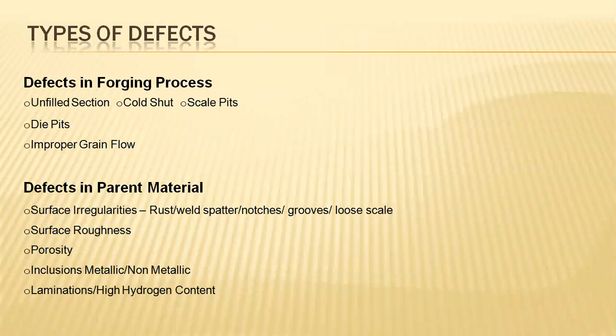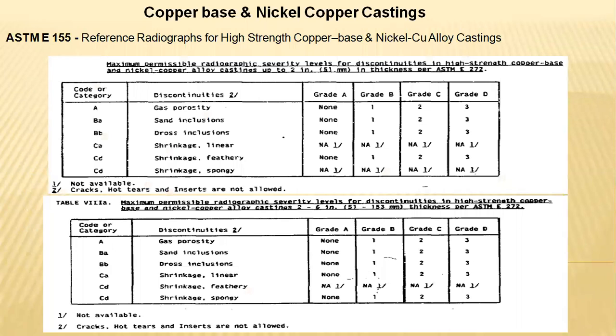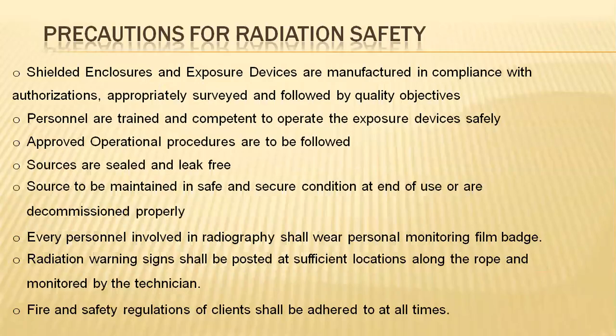And in the forging, some of the techniques, some of the defects, and parent material defects. And these are the standard data that need to be observed upon the obtained results in the radiographic technology process. These are precautionary steps that need to be